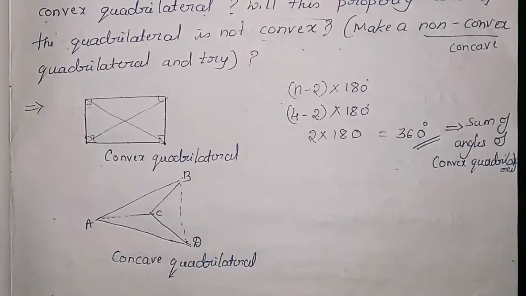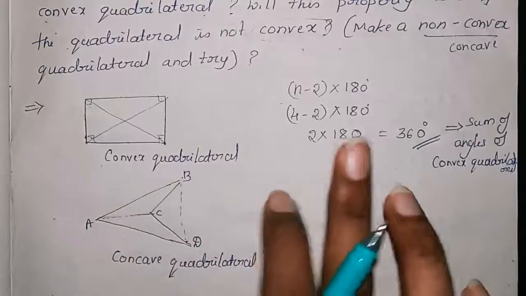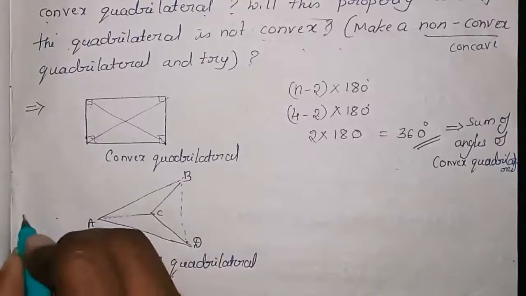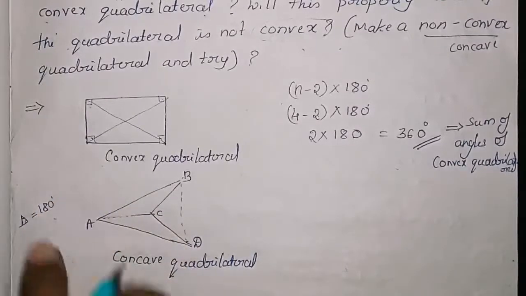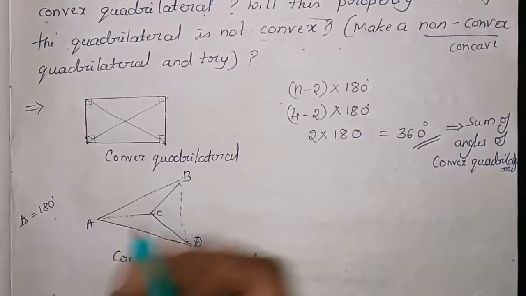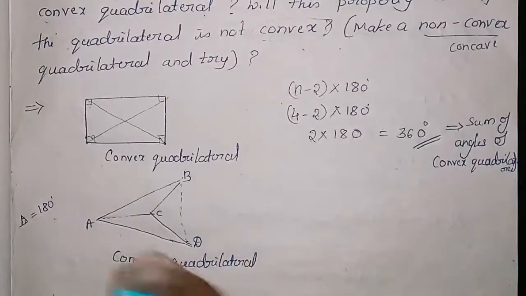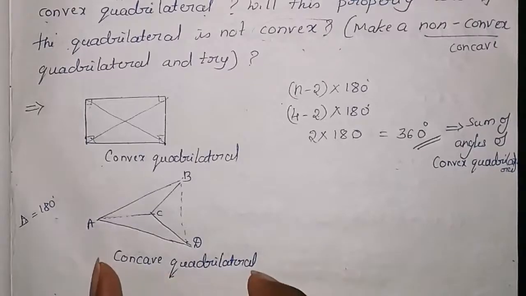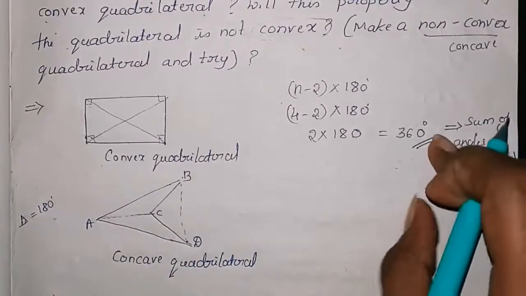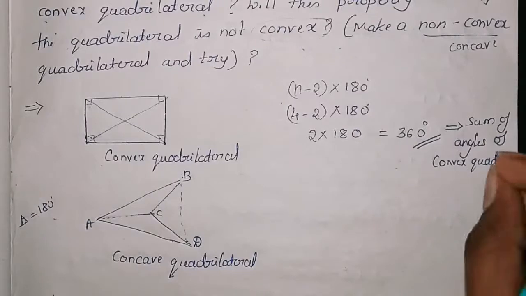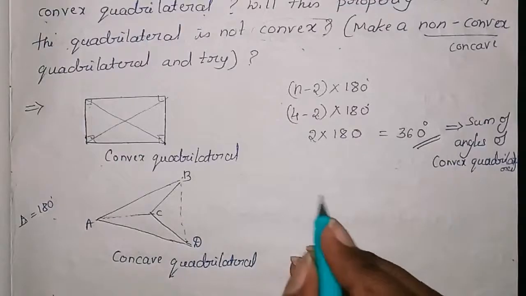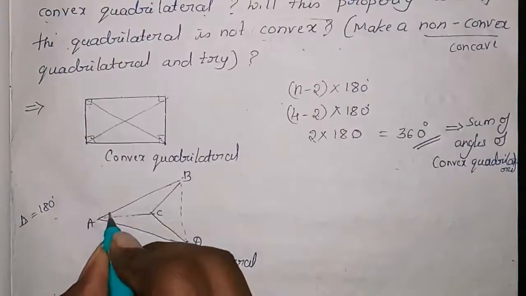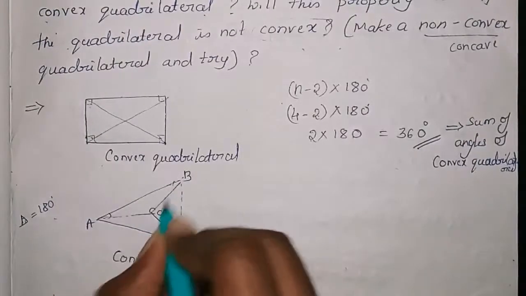And you know that the sum of the interior angles of a triangle is equal to 180 degrees. In any given triangle, the sum of the angles is equal to 180 degrees. In a quadrilateral it is 360, but in a triangle it is 180 degrees. So that method we know, we will apply here, and we will check whether the concave quadrilateral also has 360 degrees or not. That is the only thing we have to check here. So for that we'll consider the angles. First, one triangle we will consider.